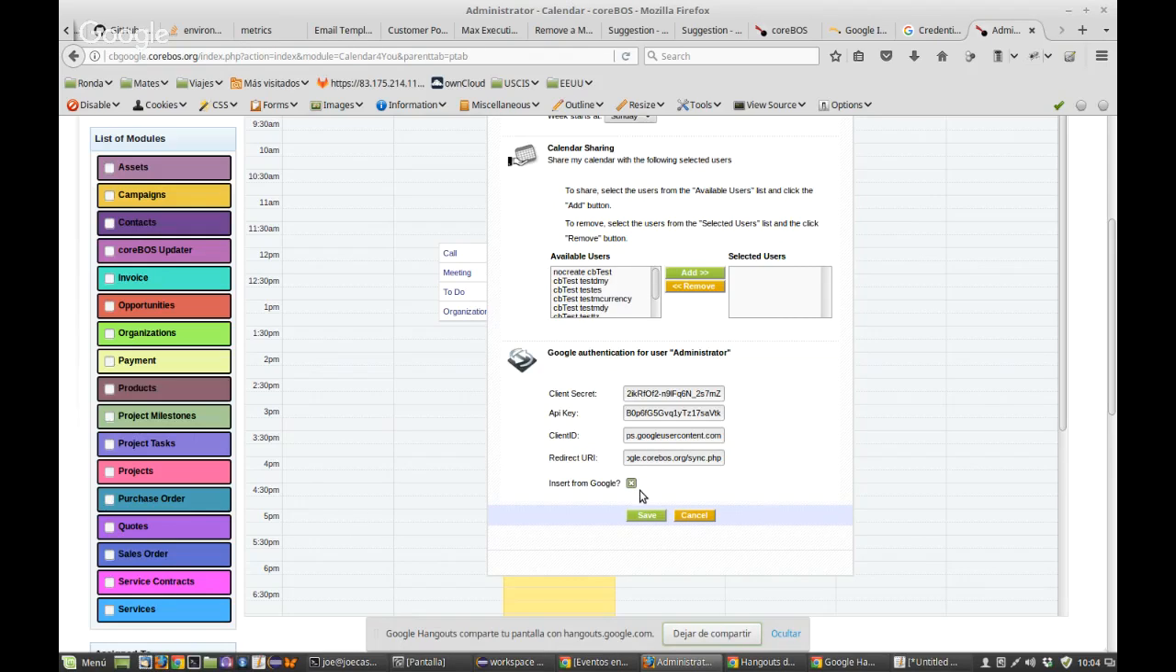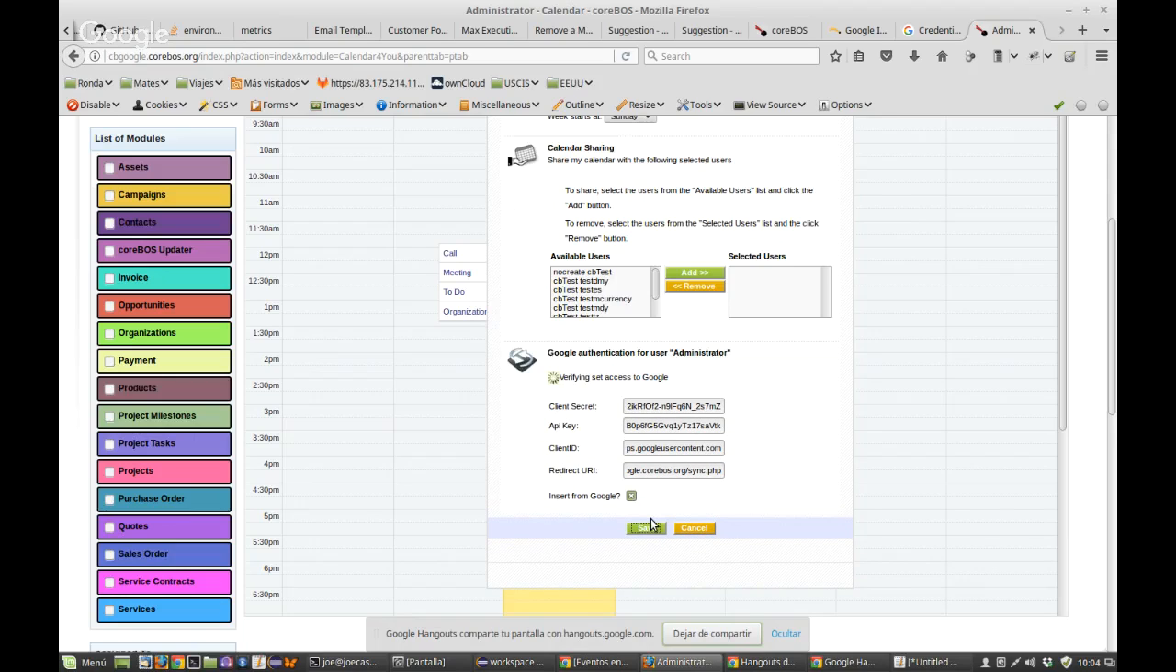Insert from Google means that the synchronization will be both ways, not just from coreBOS to Google Calendar, but also the reverse, Google Calendar coming in. So we save that. And Google says,